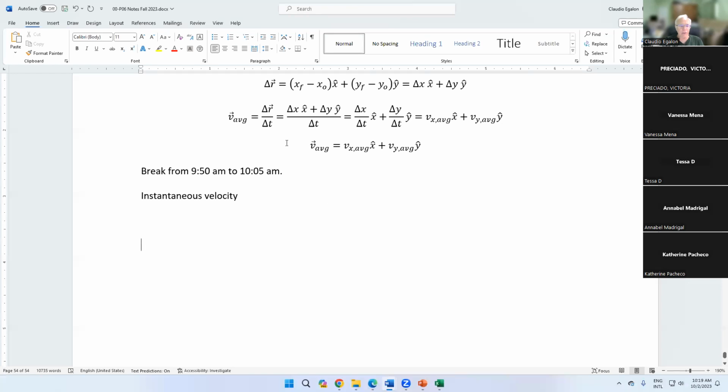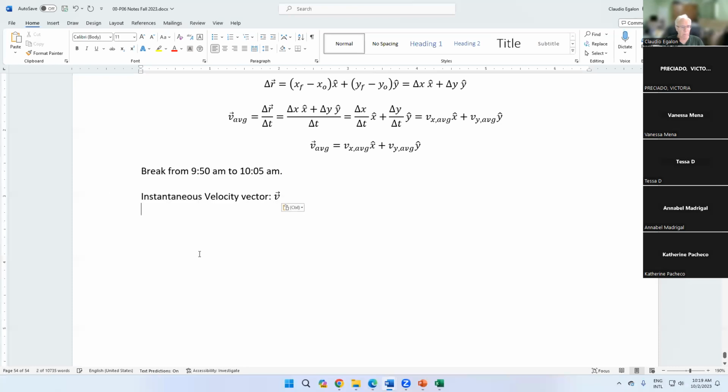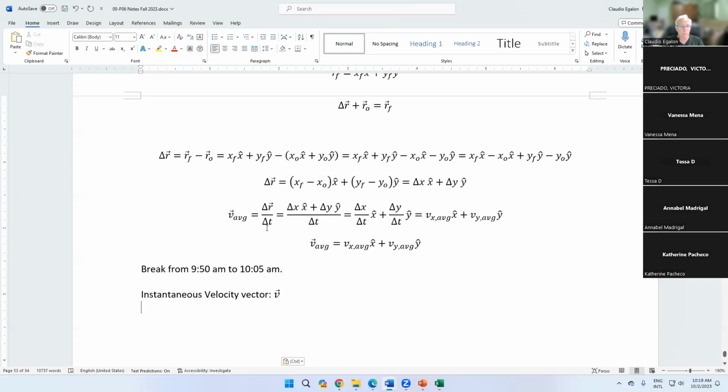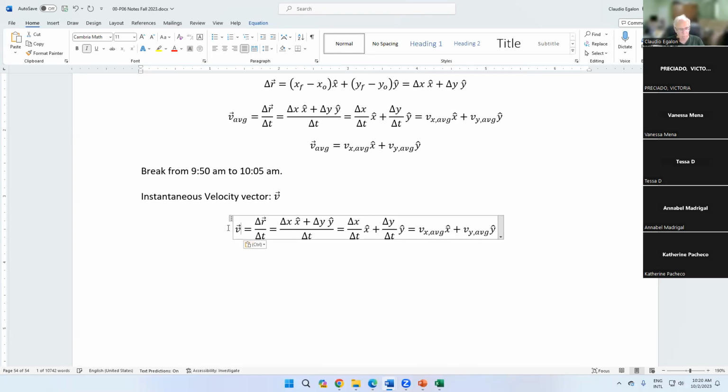The instantaneous velocity vector is defined as